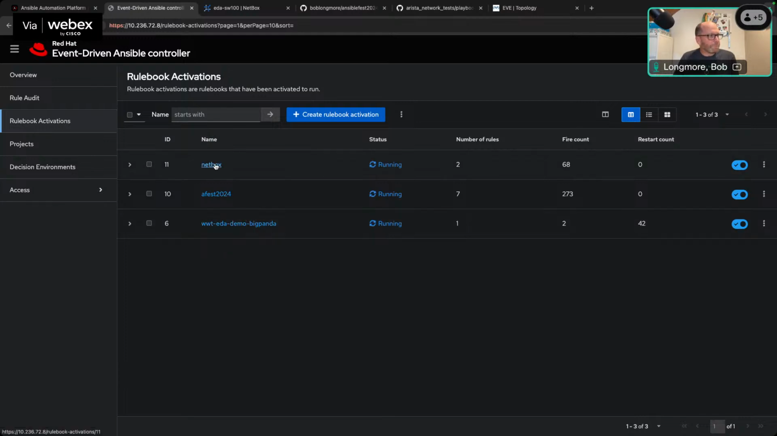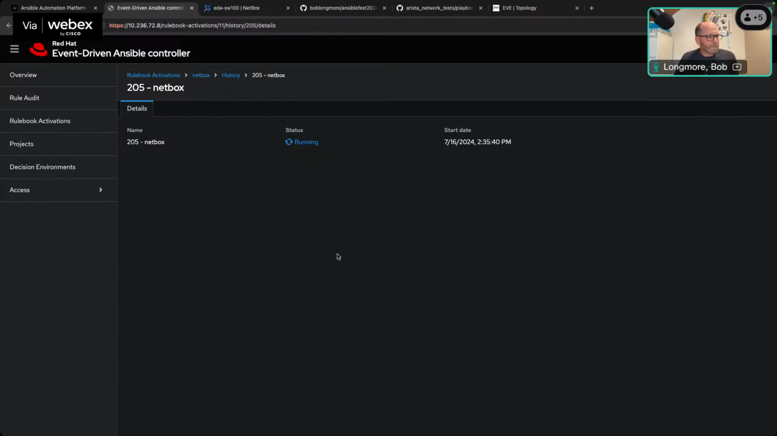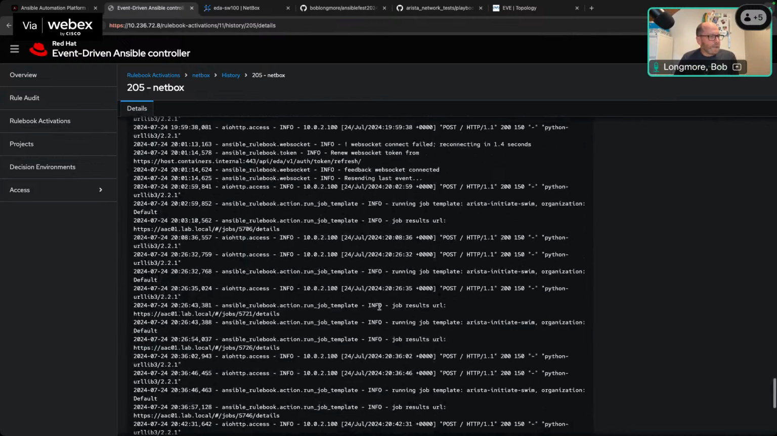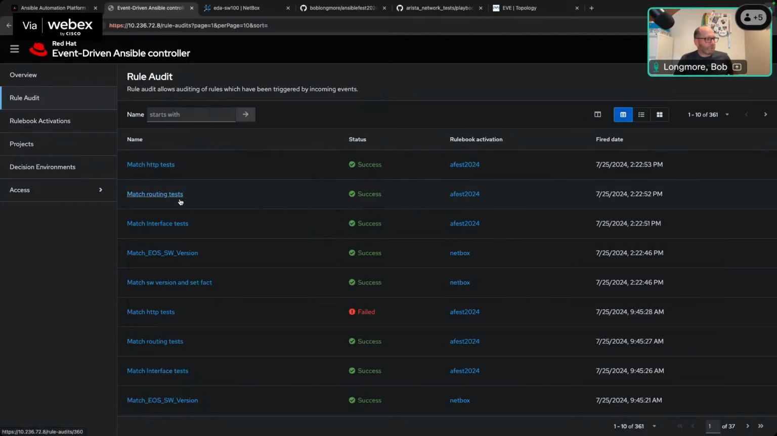And if we look at our NetBox event source, we can see down here that it has received that webhook, and it matched the rule, the condition, and it's now running this job template, Arista initiate SWIM, and it'll also give us that job result. There's a different way to get that. If we look at our rule audit,